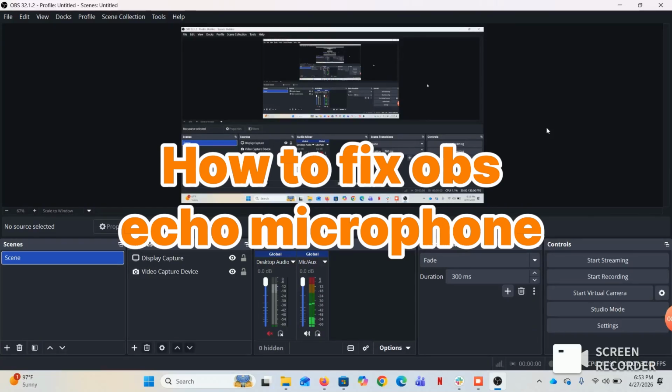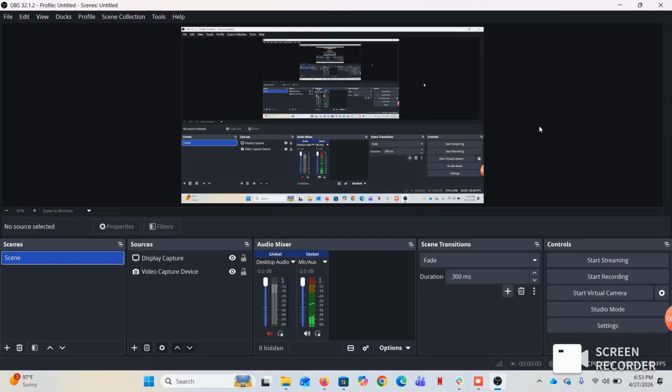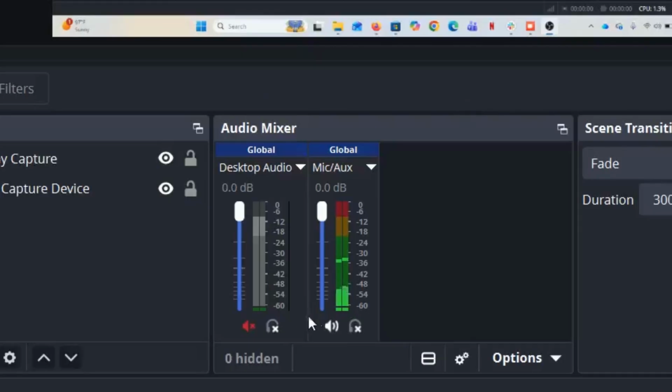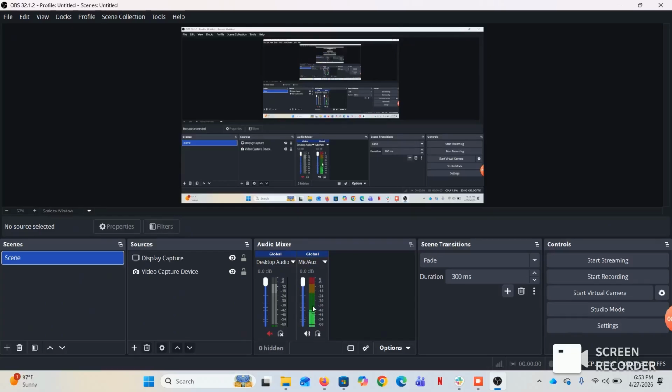In this video, I will show you how to fix your audio settings in your OBS Studio. Just open your OBS Studio. Now here you can see when I'm just speaking, so this voice is moving. I just want to remove this movement to decrease the background noise so the screen recording